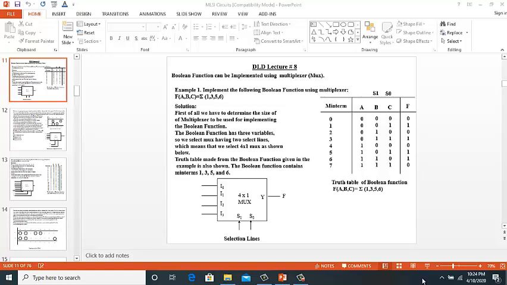Now in this lecture we are going to see how a Boolean function can be implemented using a multiplexer. The example is given over here, example number 1, which says implement the following Boolean function using